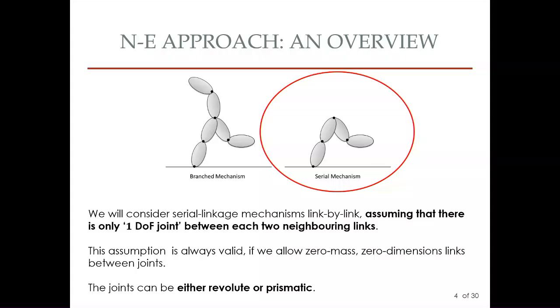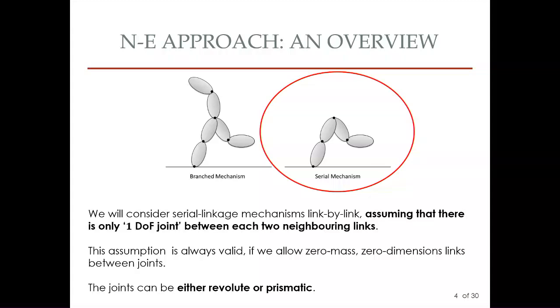It could be any type of joint, but every joint is just a 1 degree of freedom joint. So we will imagine a serial chain or a composition of links connected between them, such that between each 2 neighboring links there is one degree of freedom joint, either revolute or